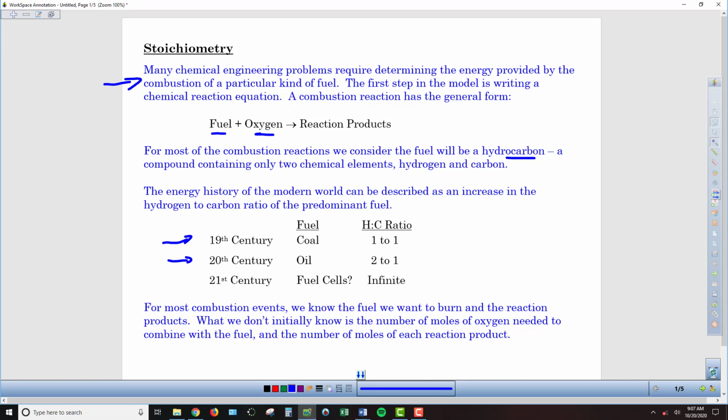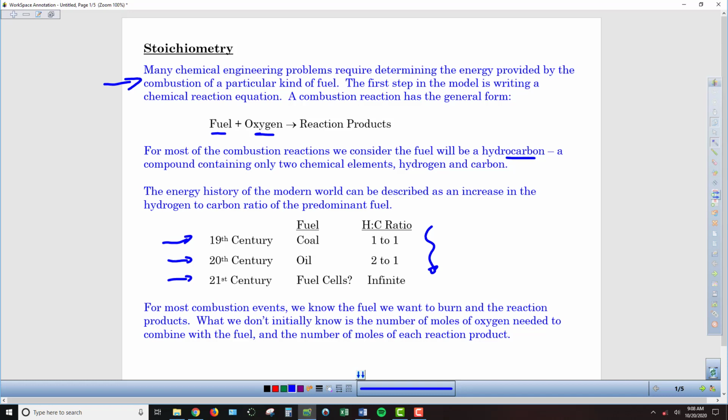And then in the 21st century, fuel cells are one option, solar and wind technologies are others, where in all cases we're trying to shift that hydrogen to carbon ratio because that improves the efficiency of whatever process you have and has the byproduct of not releasing carbon into the